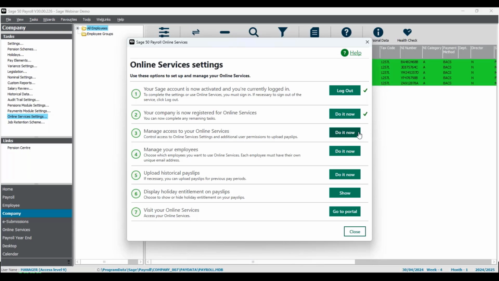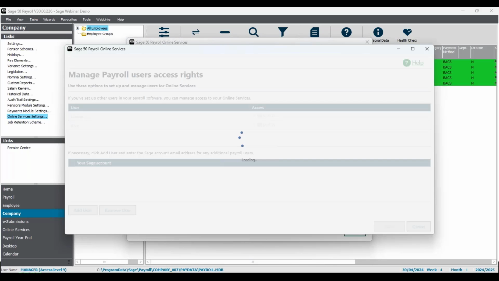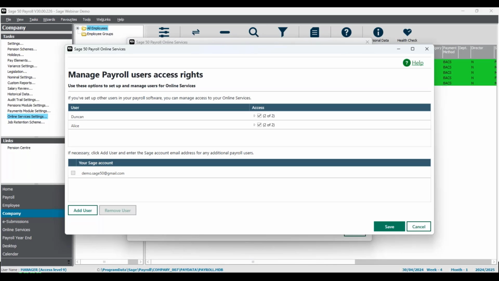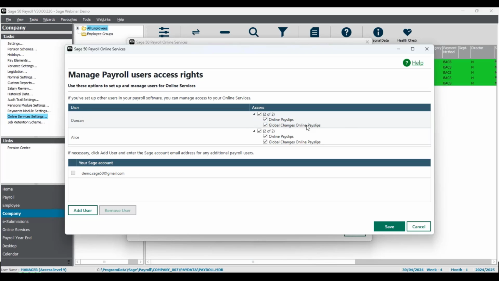So we'll move on to step 3. I'm going to click on Do It Now against Manage Access to the Online Services. And here I can see I've already got a few additional users. So I've actually set up a user for me and Duncan to get into the payroll. We do log in as manager, but just have the extra ones there. And just on the right here, I've specified what level of access that I would like us to have access to. So you've got the option of online payslips, which allows the user to view and access the online payslips options. And you also have the option of global changes online payslips, which allows the user to set up online payslips. So totally optional there. And I'm just going to save those at the bottom